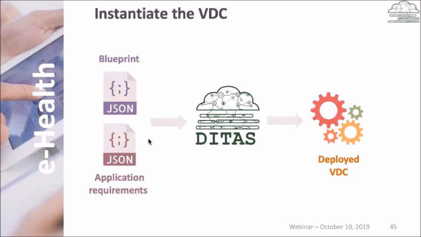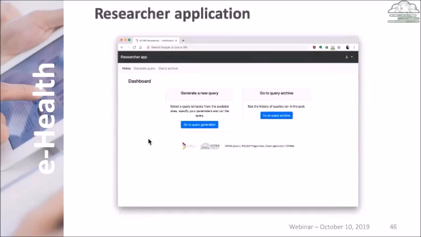So, once the most appropriate blueprint has been selected by way of an application requirements JSON file, the runtime part of the DITAS platform can, in fact, provision an up and running VDC that application developers can later use to develop their application. The important aspect here is that application developers are now free to focus on the relevant business logic of their application, rather than focusing on other concerns related to data. They can defer all these aspects to DITAS and focus on what makes their application their application.